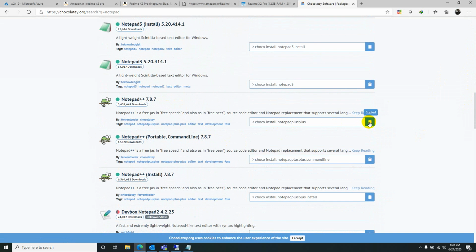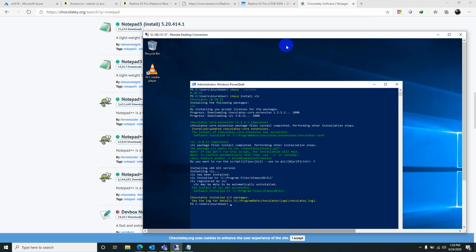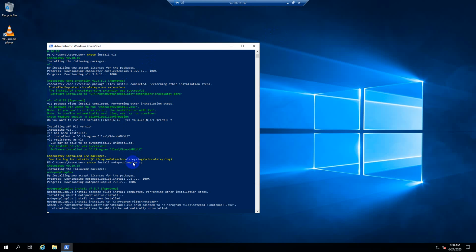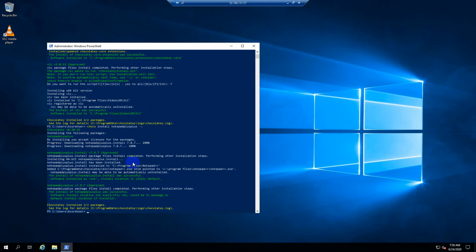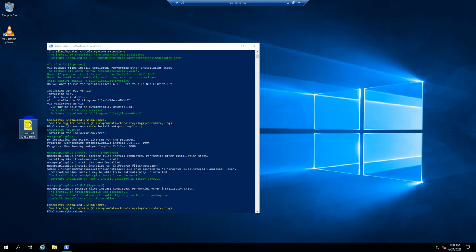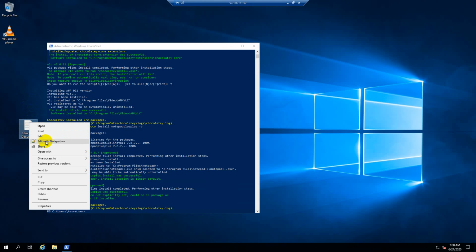You can copy this. If you don't want the yes or no prompts also, just type -y here. It will accept all the prompts. So it got installed. You can cross check that. You see, Edit with Notepad++ came.